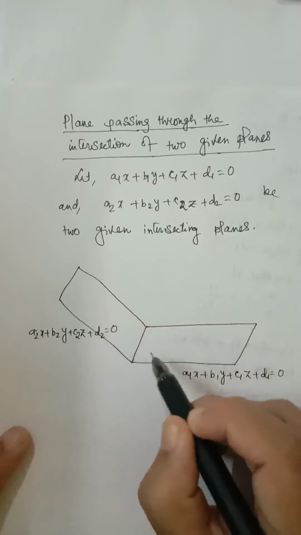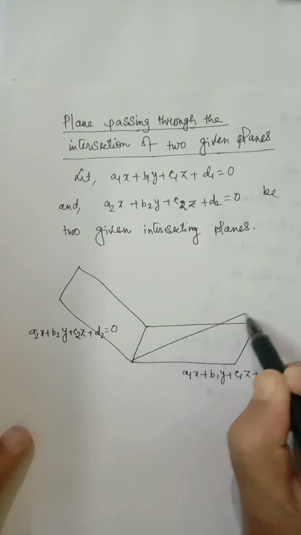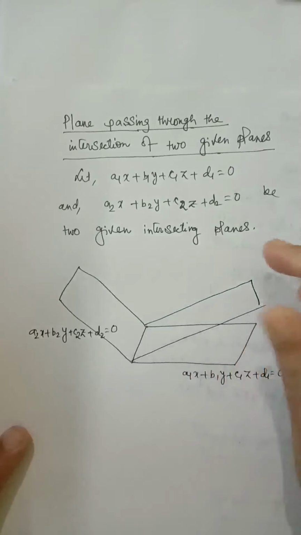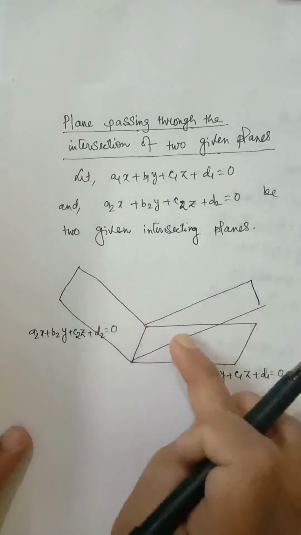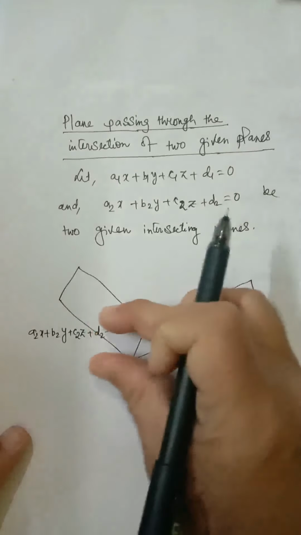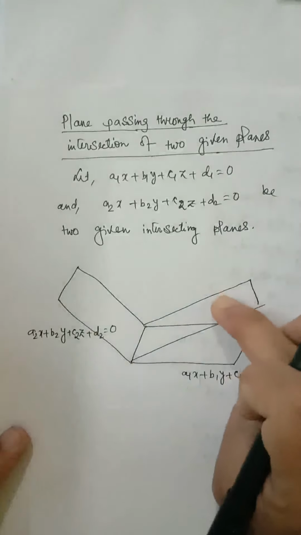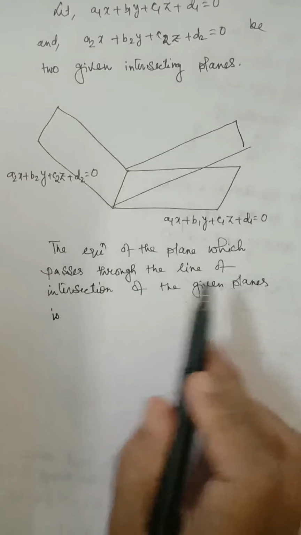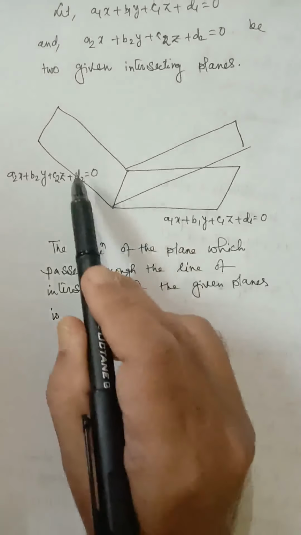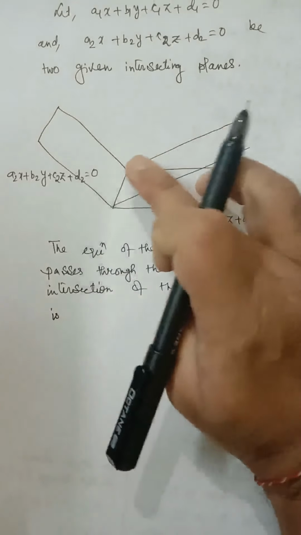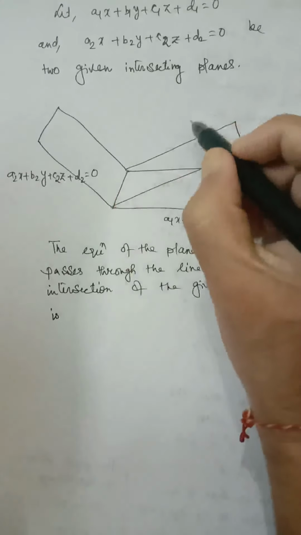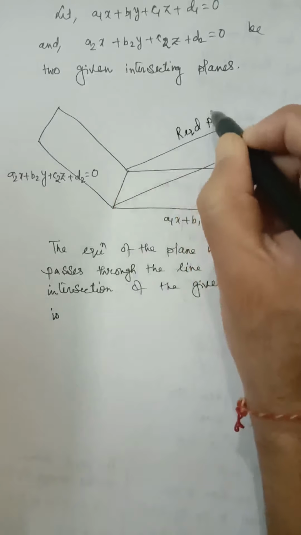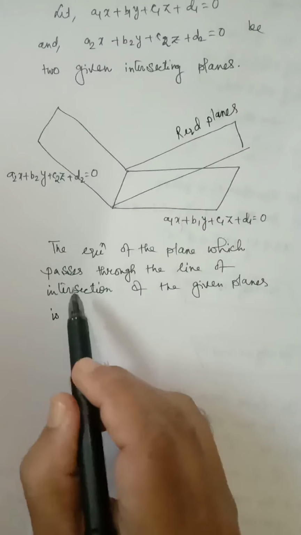Now, we want the equation of a plane which passes through the line of intersection of these two planes. This is the required plane. We have to find the equation of the plane which passes through the intersection of two planes. So